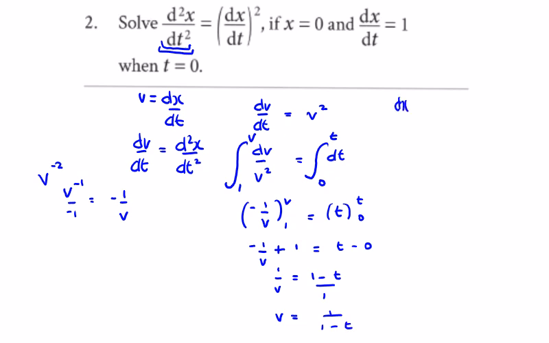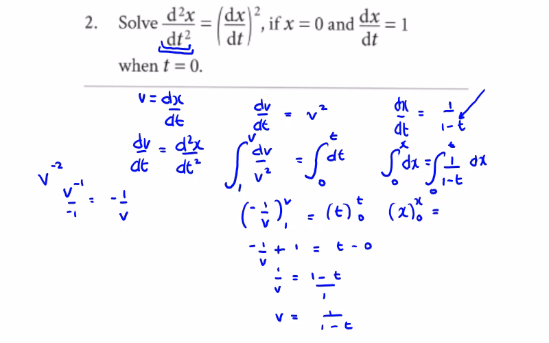So we have dx/dt now, which is v. dx/dt is equal to 1 over 1 minus t. Just be careful with this 1 over x. When it's a minus, it's going to give a minus in here. So dx is equal to 1 over 1 minus t dt. So if we integrate these, we're told x is 0 when t is 0. We're going to get x on the left between x and 0, and on the right we're going to get minus the natural log of 1 minus t